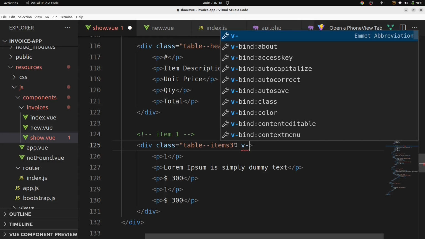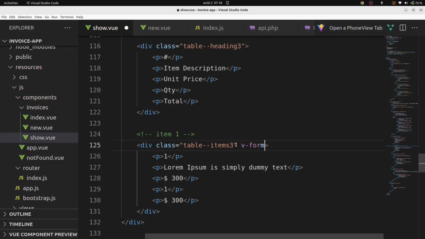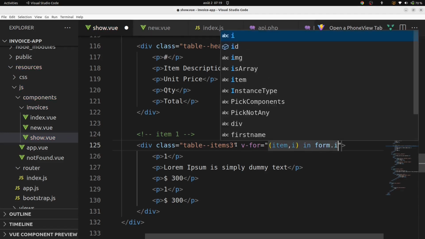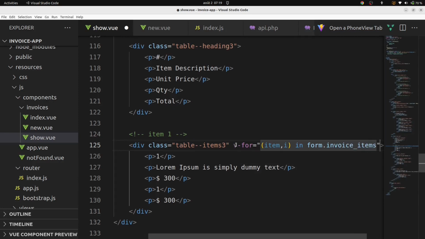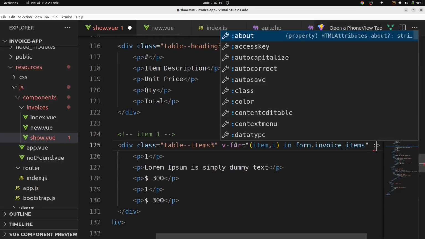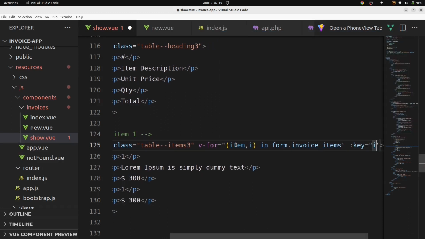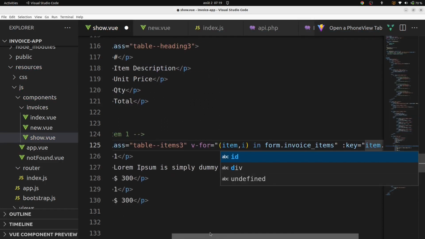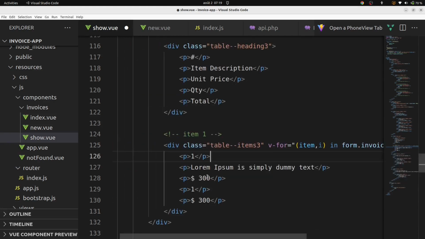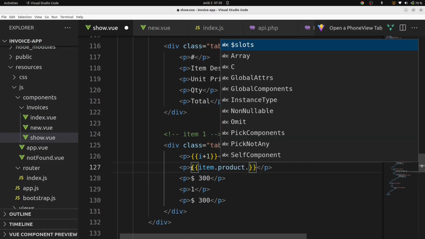V4 item in form.invoice items, key item.id, price 1, item.product.description,